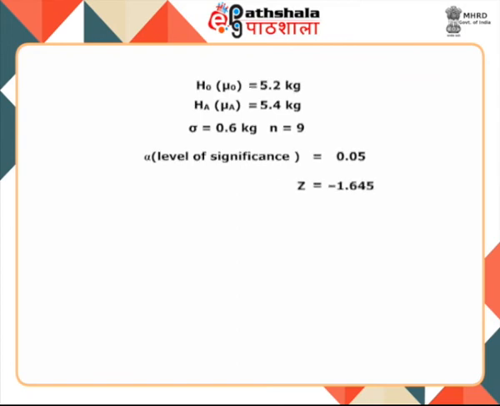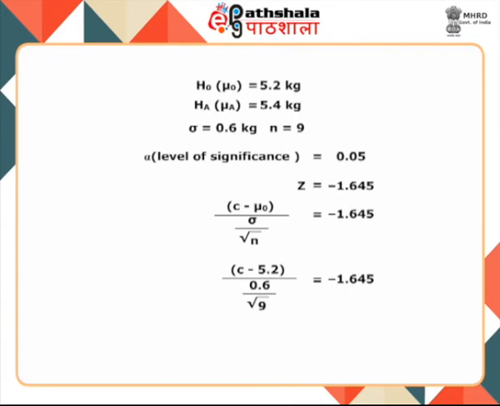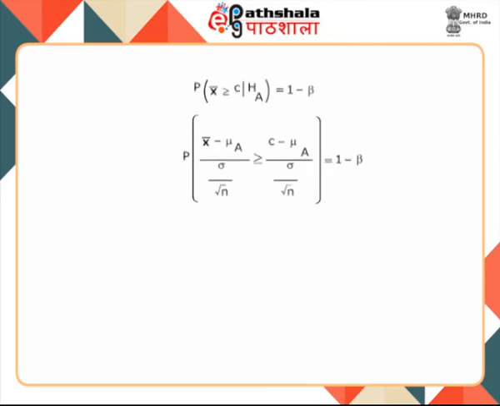It comes out minus 1.645. Now we will compute the critical value C by substituting the values of H0, HA, sigma, n, and the critical value of Z at 0.05 significance level. We get, hence, the value of C is 4.87. Now, having found the critical value, that is the value of C, let's find out the value of beta with the help of the formula